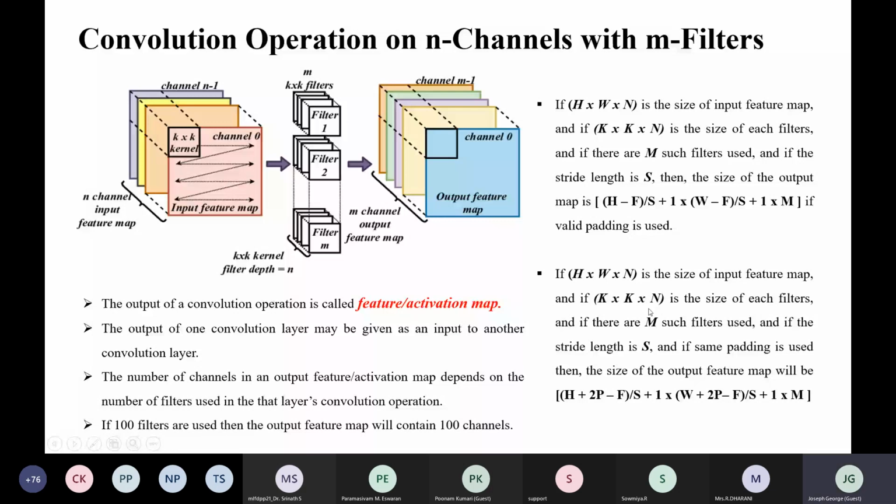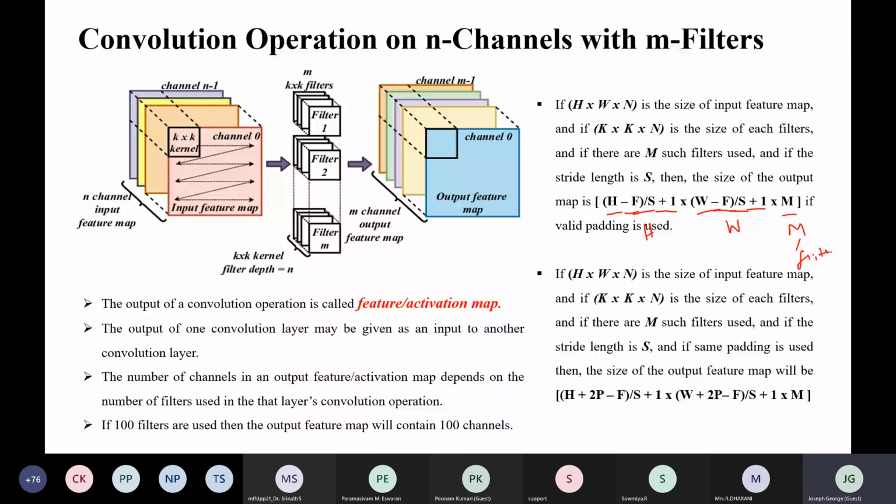W minus F divided by S plus 1 is the width, and M is the number of filters you are using. In this diagram it is clear you are using M filters. So this will be the output.